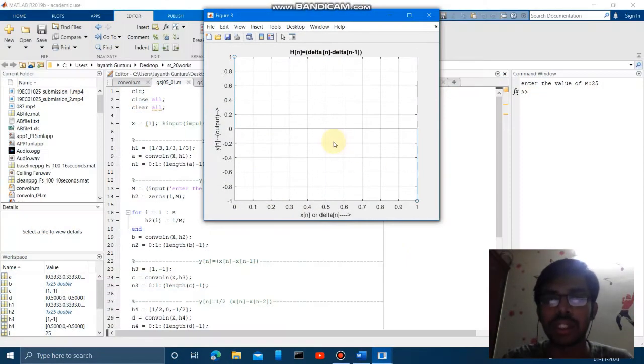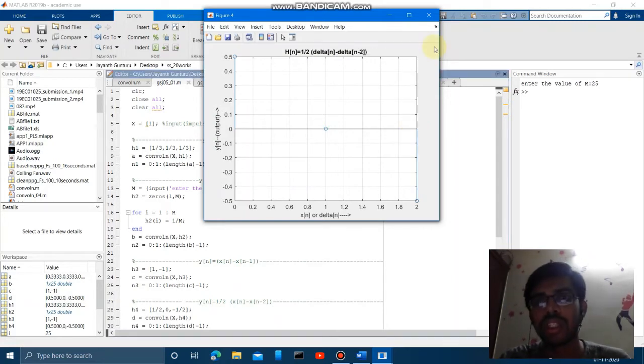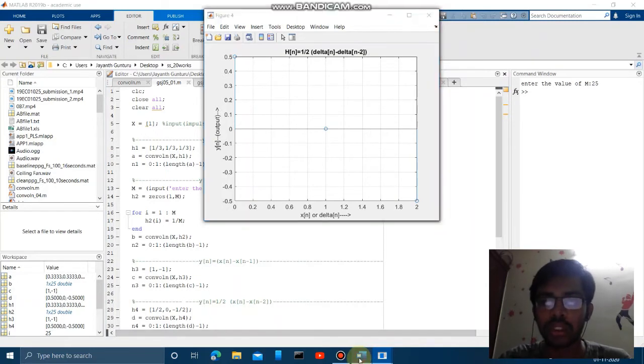And for the next system C, here we can see h of n equal to 1 when n equal to 0, and h of n equal to minus 1 when n equal to 1. For the last system, h of n equal to 1 by 2 when n equal to 0, h of n equal to 0 for n equal to 1, and h of n equal to minus 1 by 2 when n equal to 2. So if we move on to the next question,